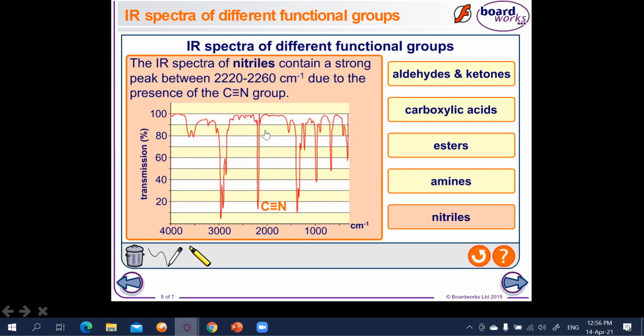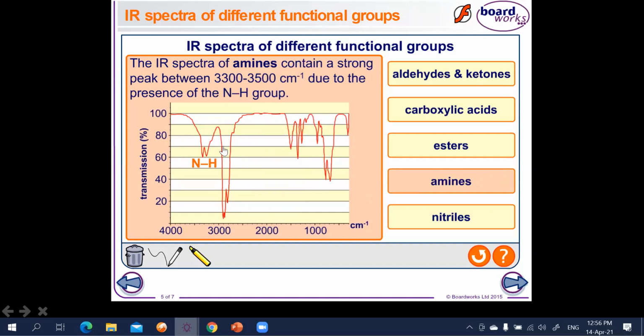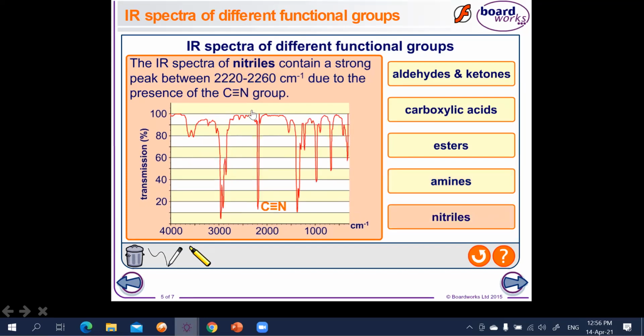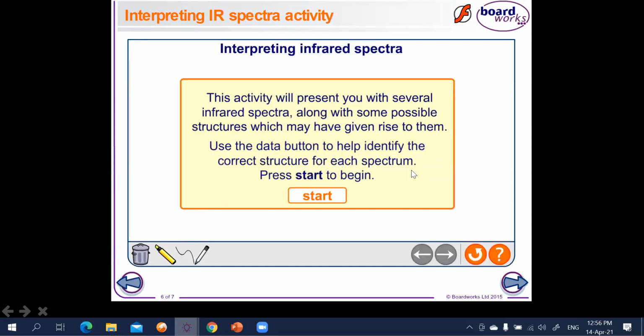Don't misunderstand this. Some students mistake it for an amine group too. No, because the amine group is in a very specific range here, and it's usually a terminal nitrogen with no double or triple bond. Again, the nitrile, carbon-nitrogen triple bond, has this very skinny peak that's usually a little bit past 2000, all right? With that in mind, let's go to the 5 problems I gave you last time,